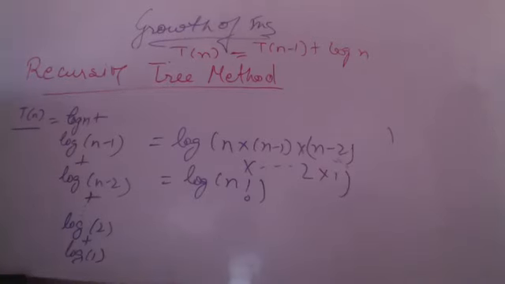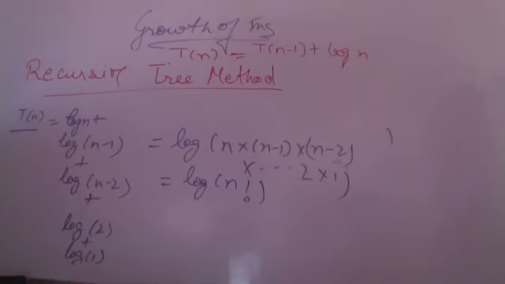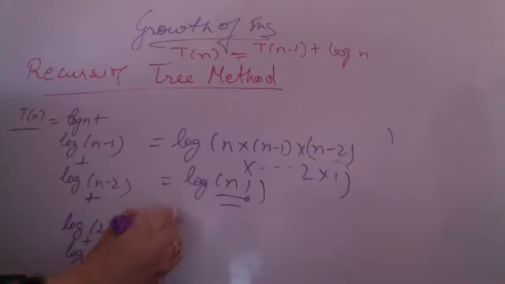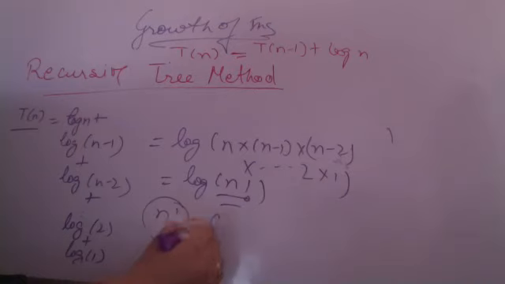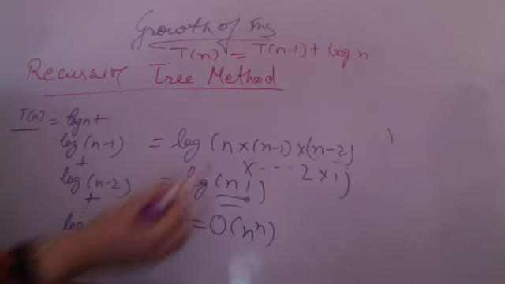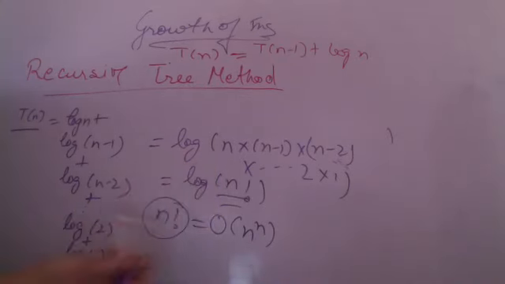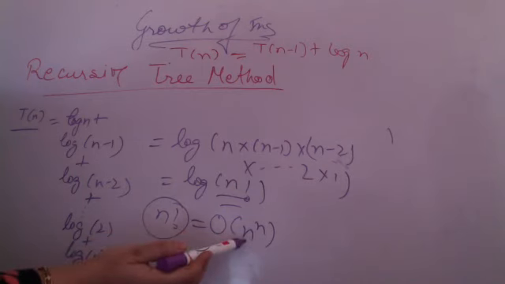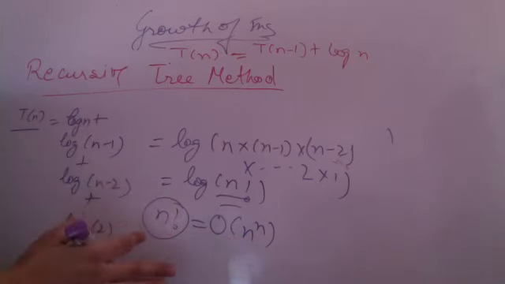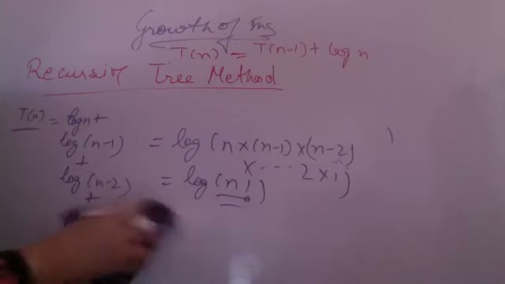So now we have to see what n factorial is upper bounded by. We have seen that log of n factorial is coming out to be T(n). Is that clear? Now if I go with the very finding of the n factorial function, where is it bounded from? The upper bound that I have on this function is n raised to the power n. In n factorial, n into n minus 1 and so on, the maximum highest order term that comes is n raised to the power n. So n factorial is upper bounded by n raised to the power n.